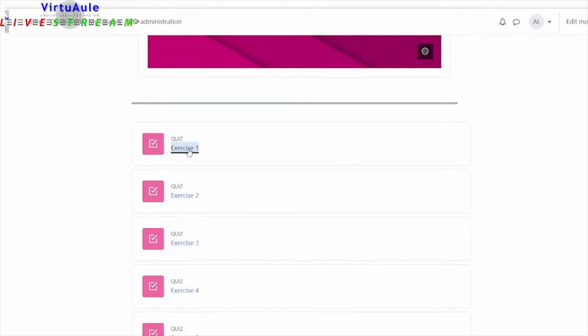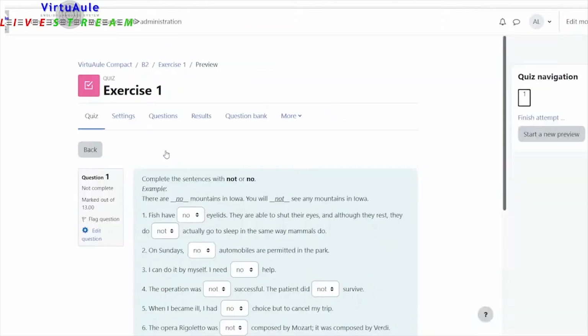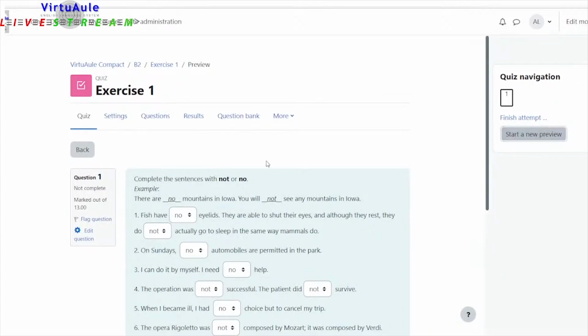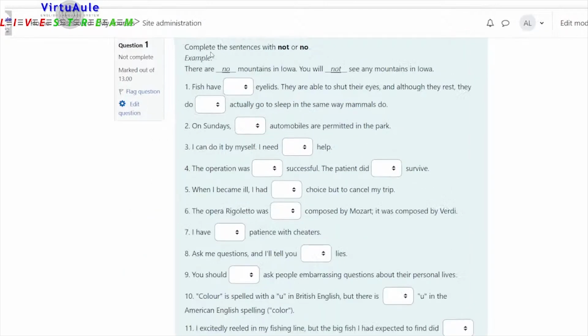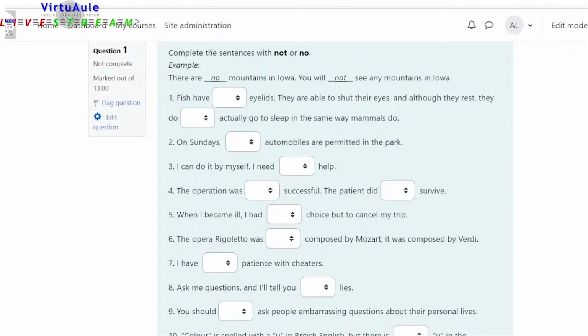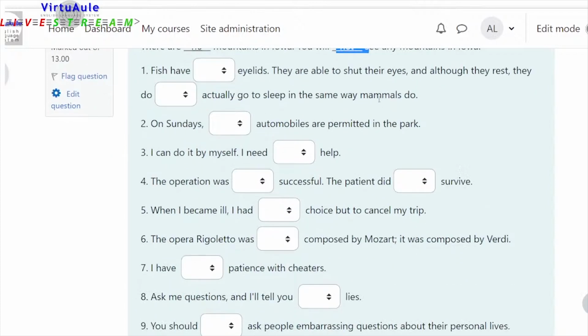Exercise 1, which we saw as the first exercise, reviewed the sentences with no or not. I'm sorry for those who are following the podcast, but we have to complete the sentences with no or not. There's an example. There are no mountains in Iowa. You will not see any mountains in Iowa. No is used in the first gap, no mountains. You will not see any mountains. Not is used in the second gap. So this is a gap filling